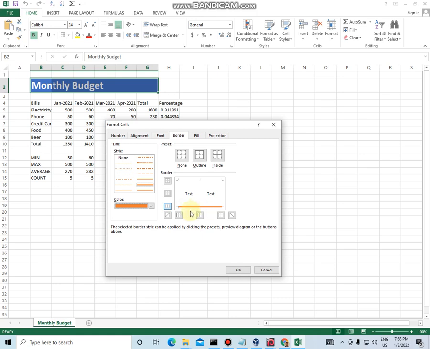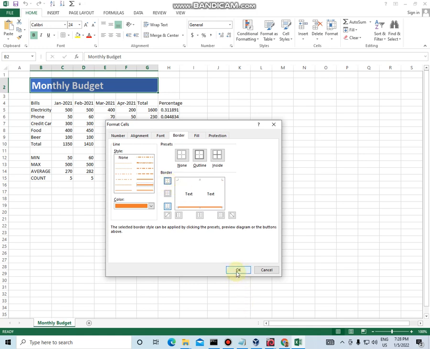So that's it. And after that, if you finished your changes, you can click on OK, or maybe you want to add a line. Here you see I can add some line up, but I will close this.